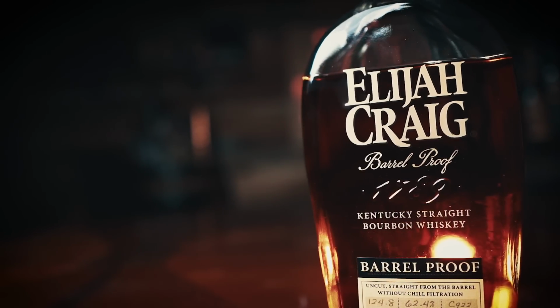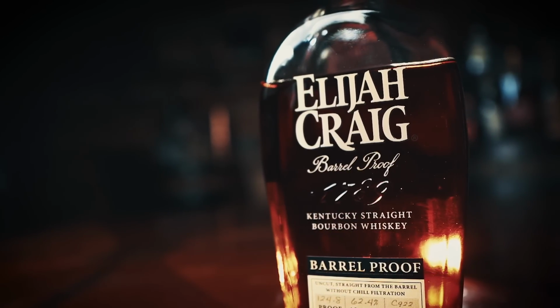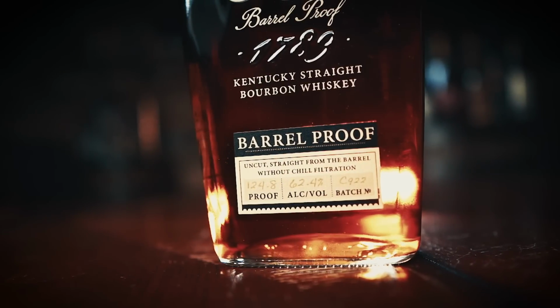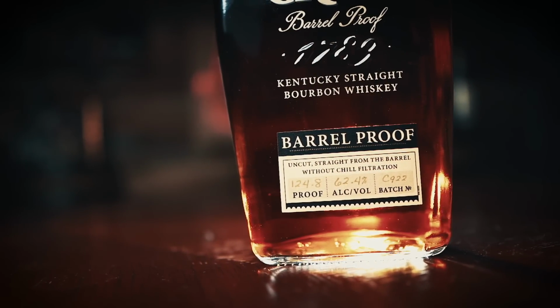Most reviewers would tell you what a great value this is, and they would be right at about 60 to 80, sometimes $100 a bottle. But with 3 batches released a year, reviewers like me tend to pick favorites each and every year, but they are honestly all delicious. Sweet oak, leather, vanilla extract, brown sugar, toffee, and even some black cherry make this a